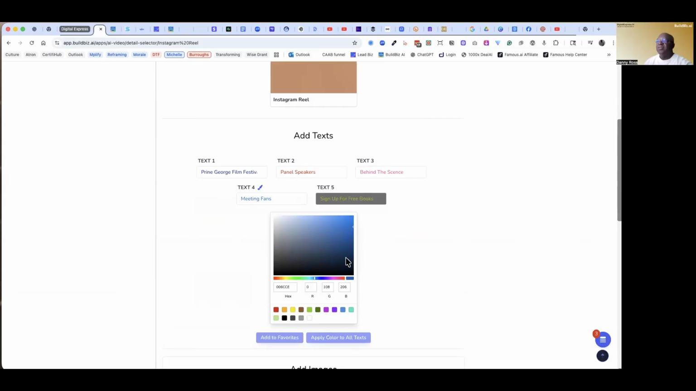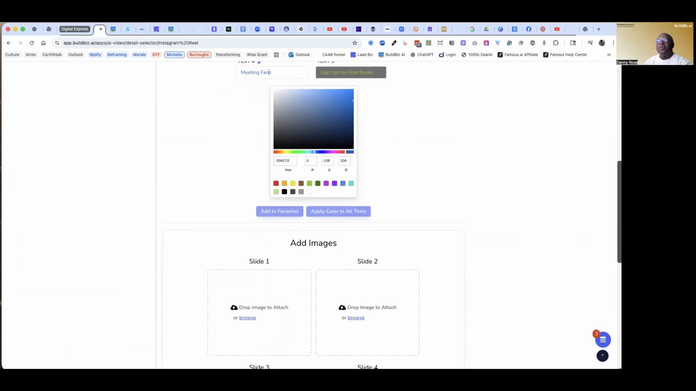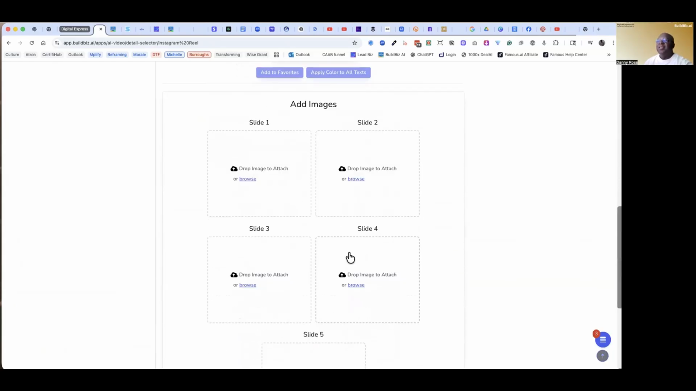As you click on it, you see the colors here, and you can select the colors that match your theme or your particular branding. And then there's 5 images to go with it. We can just pick those images. You can drag and drop images. The first one was